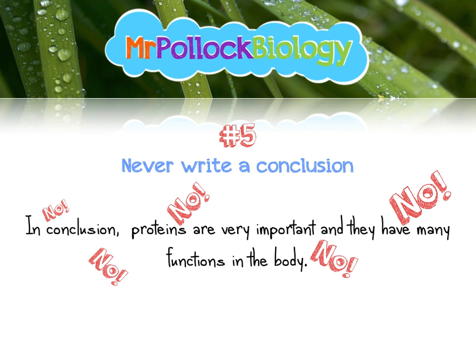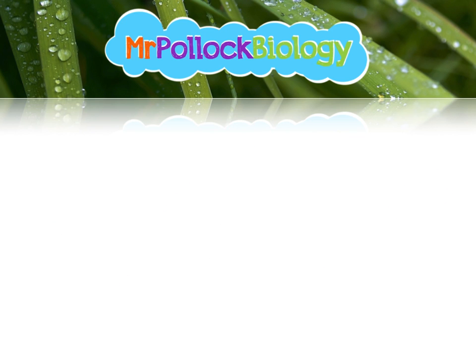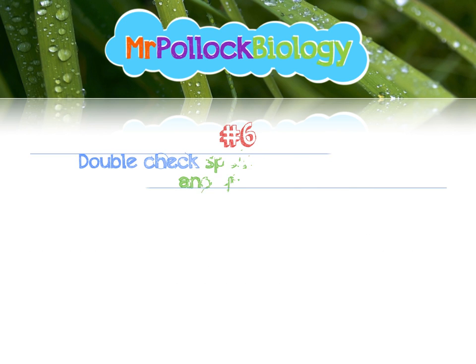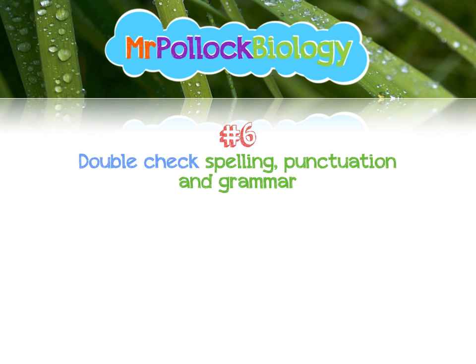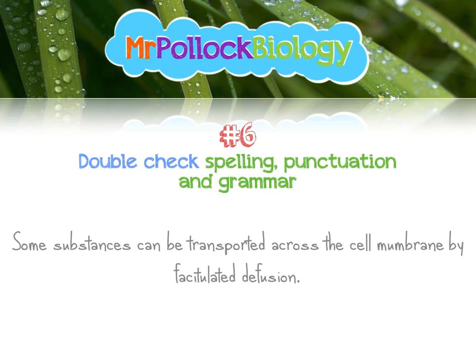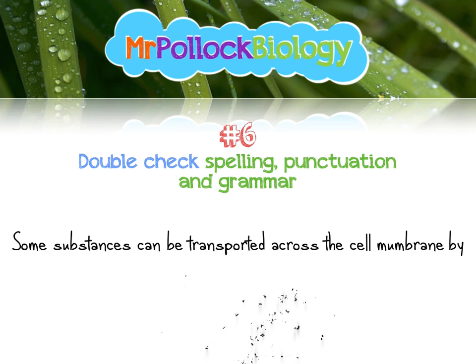And finally, top tip number 6, always double check your spelling, punctuation and grammar. The examiner has 3 marks to award for any little mistakes, or rather 3 marks to take away for any little mistakes. Maximum of 3 means a perfect essay, grammatically, spelling-wise, and with all punctuation correct. So if you've made little mistakes like spelling, especially scientific words, wrong, you want to go back and fix those.